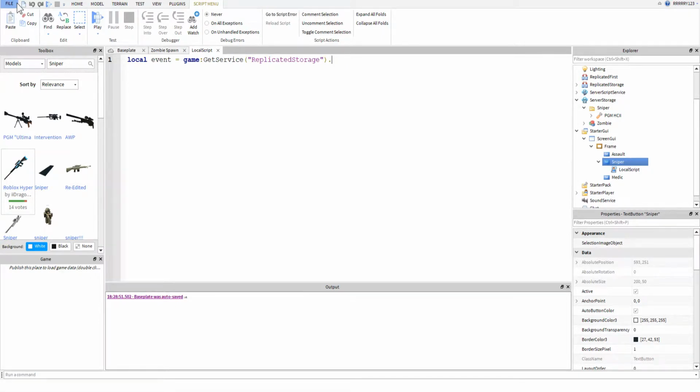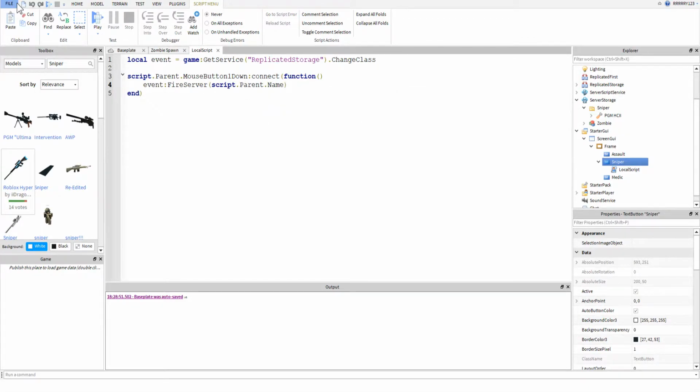Wait, what am I doing? Change class. That's what I want. Now I will say script.Parent.MouseButton1Down:Connect(function, and then we'll say event:FireServer, and then we'll just do